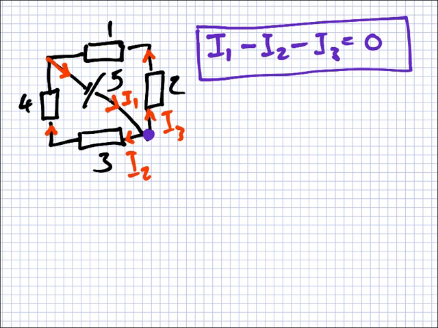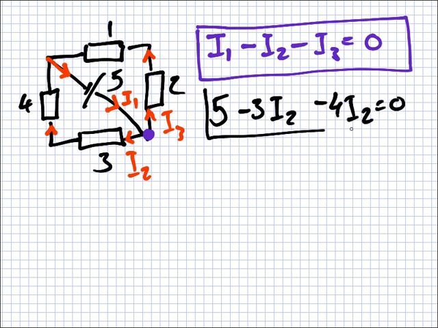So we'll start at the 5 and we'll go down. Yeah? So you have 5. Are you all looking, guys? Look. 5. And then we have to minus the voltage here. What's the voltage here? Well, the voltage equals IR. V equals IR. So here it'll be minus 3 I2. And then here? Minus 4 I2 equals 0. That's our second equation. And finally, a loop up the top. 5 minus 2 I3 minus I3